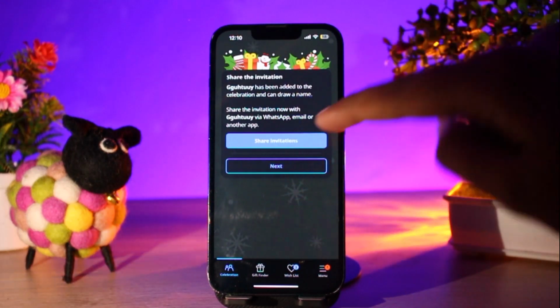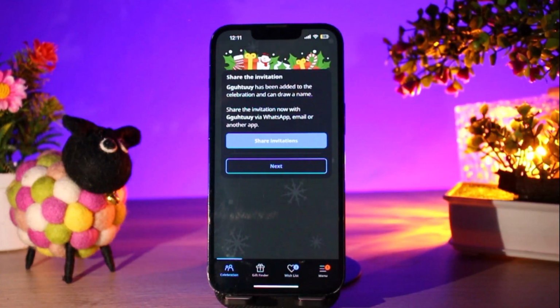Click on the option of share invitation and simply share it with the friends whom you have added. So that's it. That's how you can add a member